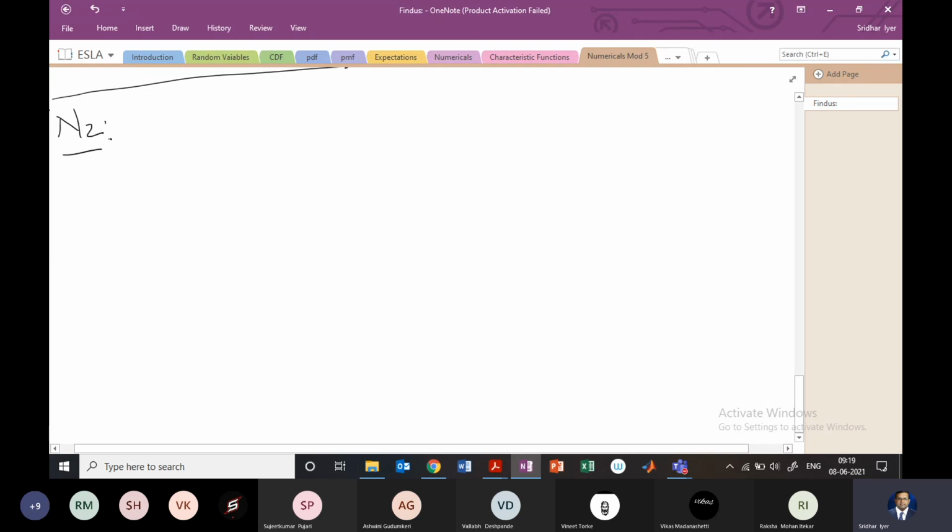And you could match the answer. Now I'll be taking some problems from the model question paper which VTU had shared last year. Till now we have not got any model question paper this year, but there were two model question papers for ESLA which were shared last time. They are available on Google. I've also posted them on the Teams group. So you can have a look at that. So I'm just taking the questions from those model papers.